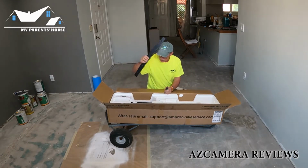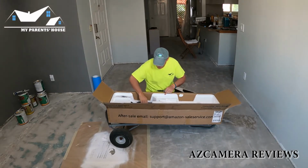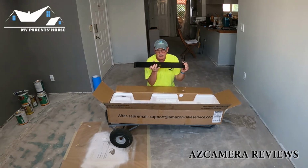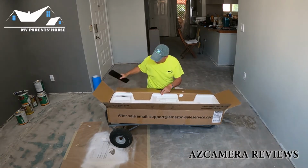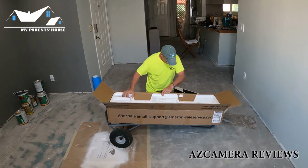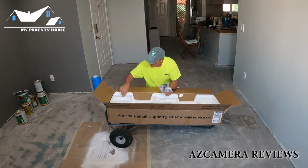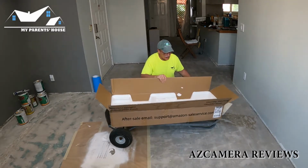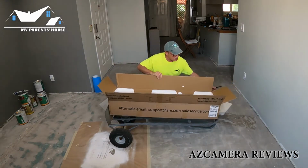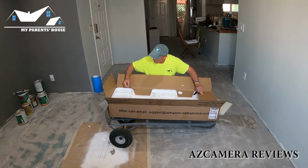Okay, here's another top support. Instruction manual. These look like the feet. This is another foot. What we got here. This is a bag of parts. It says a foot pad and some other sundry items. And then we've got a power cord right here. And that looks like all that's in the box. So what I'm going to do is stop down here. Oh, and I got an $80 gift card. Anyway,